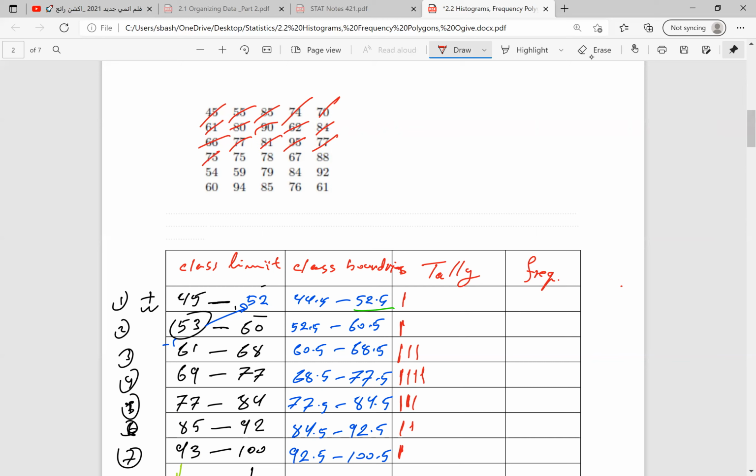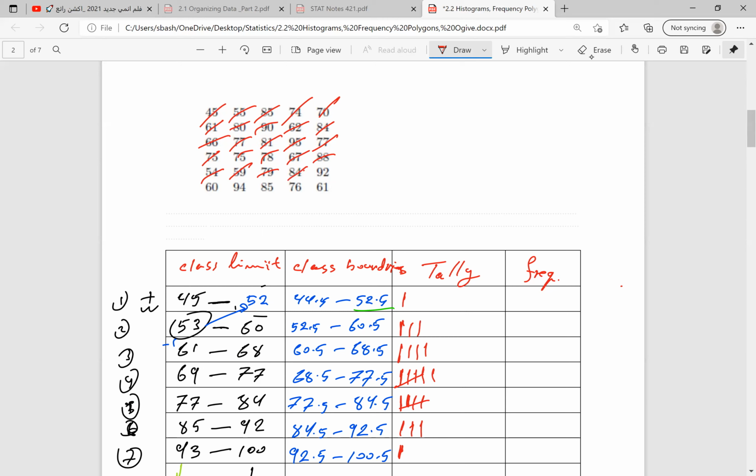75. Now for this I will just form one set because I have 5 bars now. 75 again, 1 bar there, 78 in the fifth one, 67 in the third one, 88 in the sixth one, 54 in the second one, 59 in the third one, second one, 79 will be in the fifth one, so this is one set,